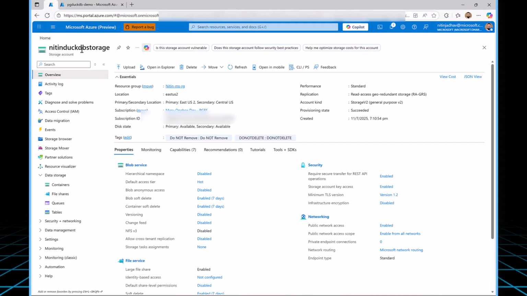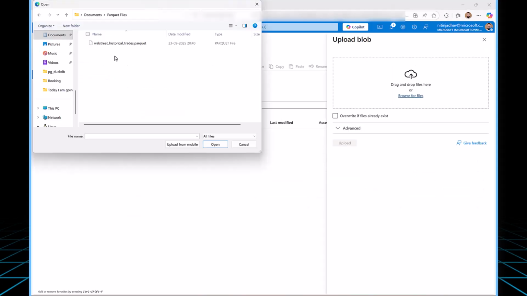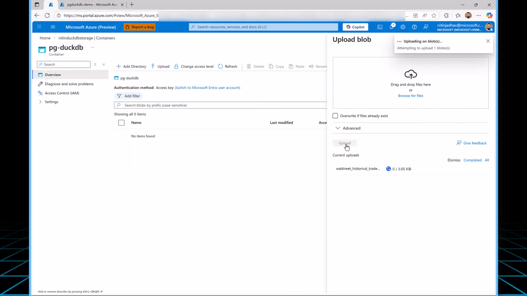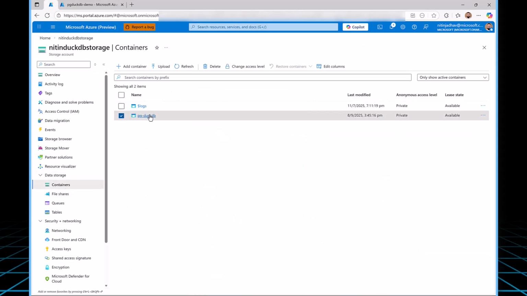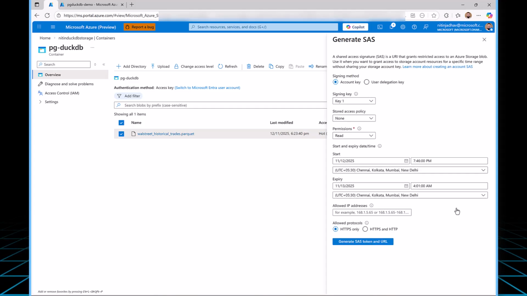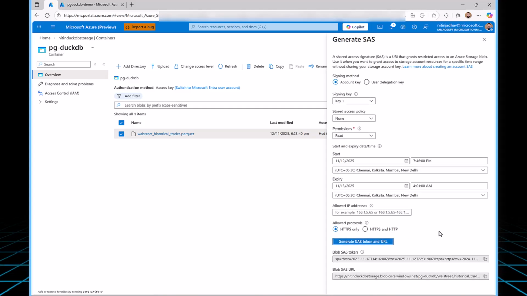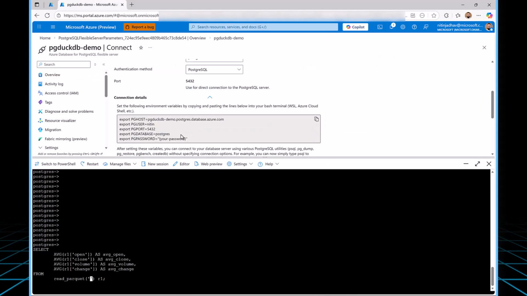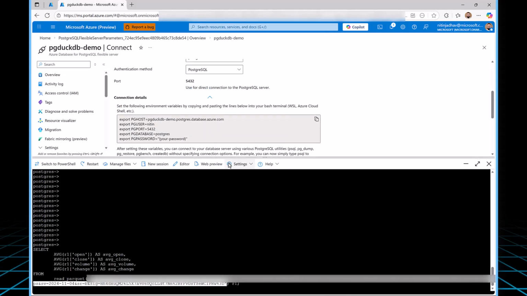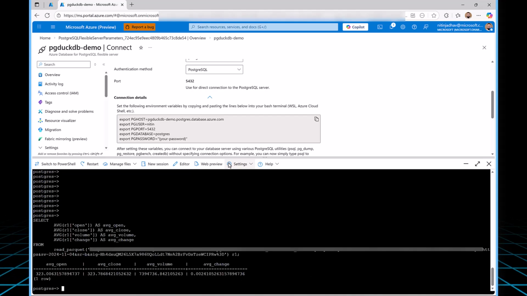I have an Azure storage account with a container ready. I'll upload a Parquet file containing stock market data. Next, I'll generate a SAS URL for the file so PostgreSQL can access it securely. Using pgDuckDB's read_parquet function, we can query the file directly. And here's the result: data read directly from the Parquet file in Azure Blob Storage without importing it into PostgreSQL